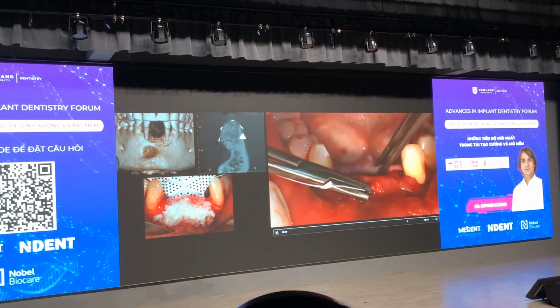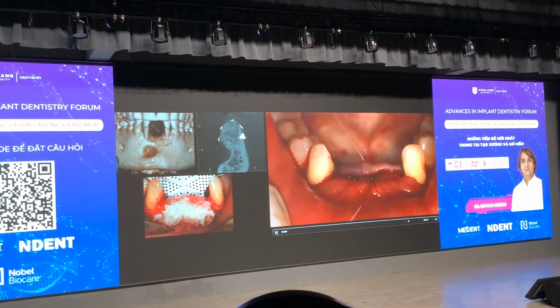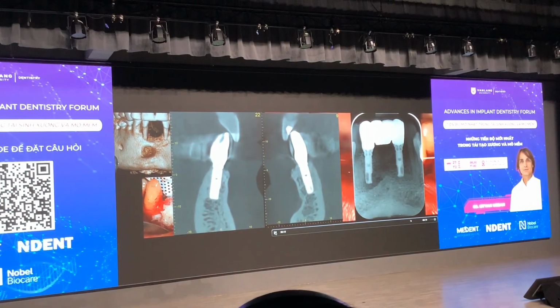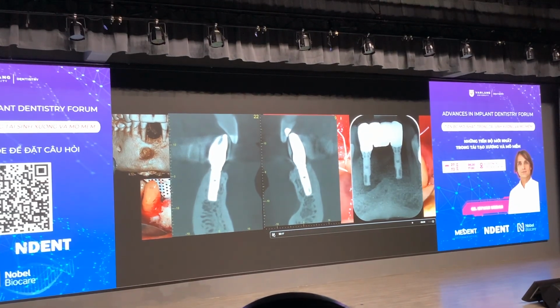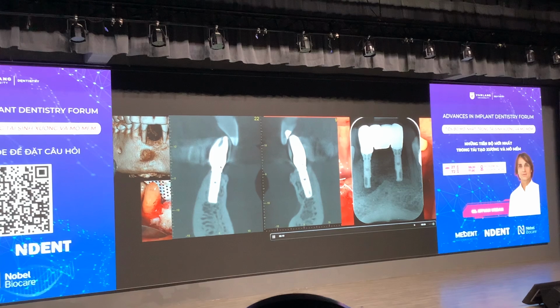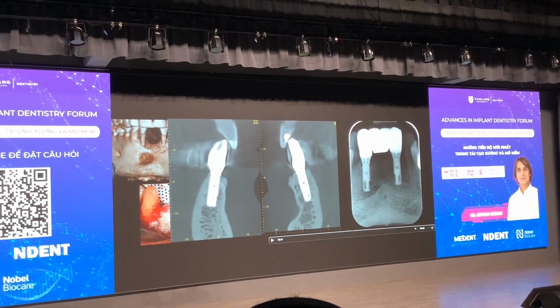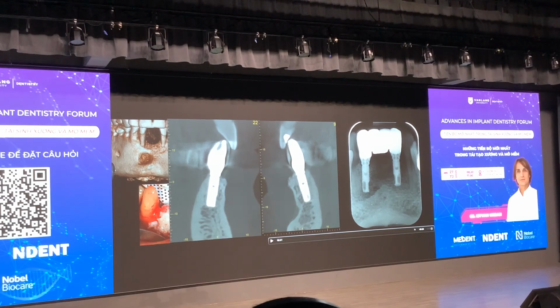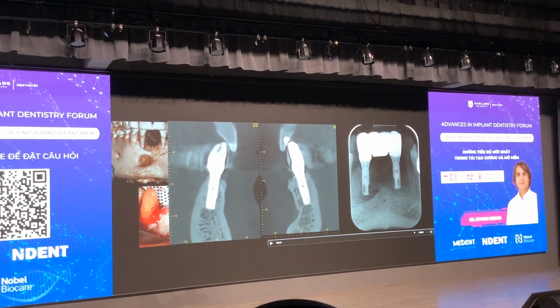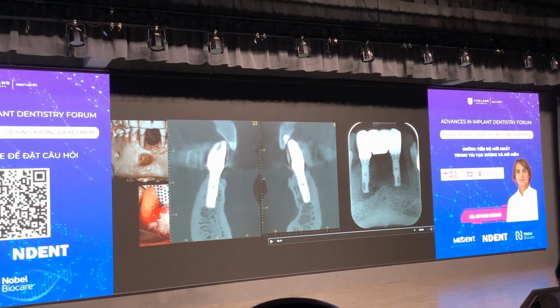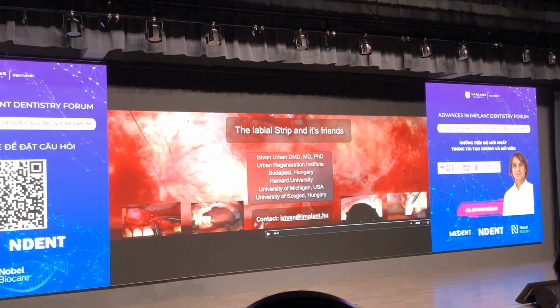Then I close. Now take a look what happened to the bone. No bone loss at all. See that? Perfect bone around the implant. Buccal, lingual, interproximal. Okay, that was my message, the mini sausage. Okay, so the last